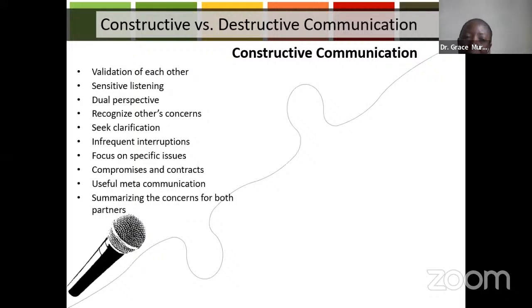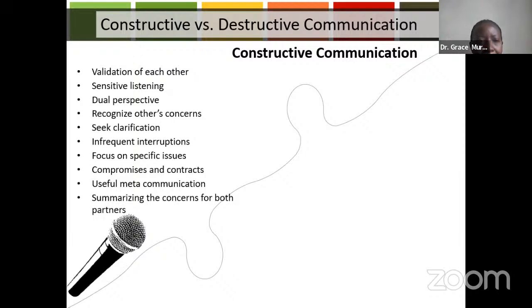okay? Number two, sensitive listening. How do we listen? Sensitive, being empathetic when you're listening to this person. When somebody is raising an issue and saying, I'm not okay with the way things are going on, I'm not okay with the fact that you are always doing this and doing this, can you be sensitive to their words? Be empathetic. Put yourself in their shoes and see, why is it that they are bringing this up? What could be wrong? Are they being genuine? I mean, there must be something hurting them for them to get to a point of this